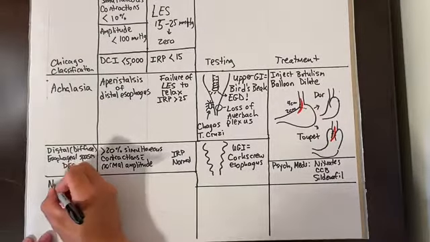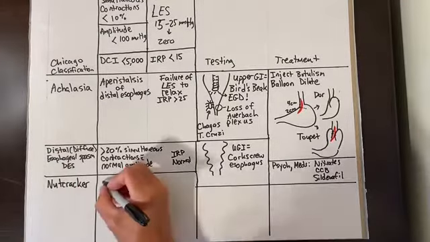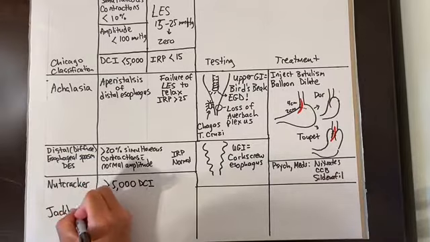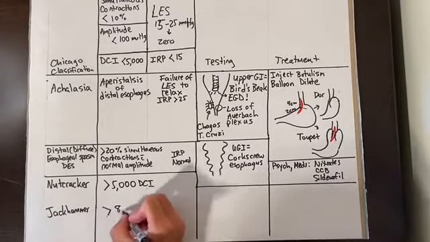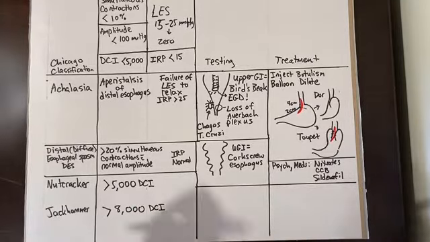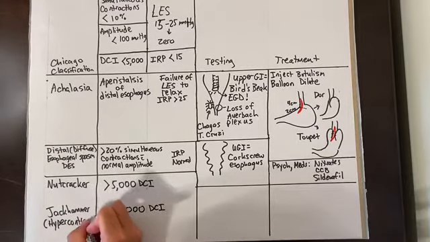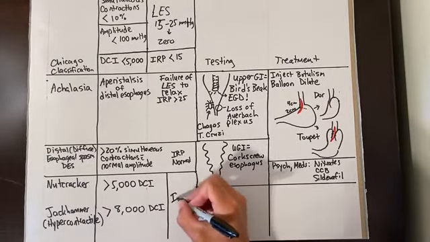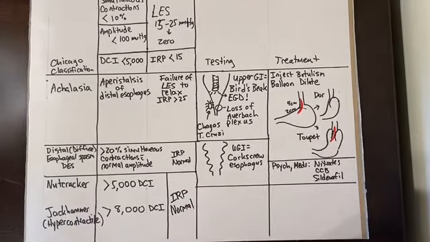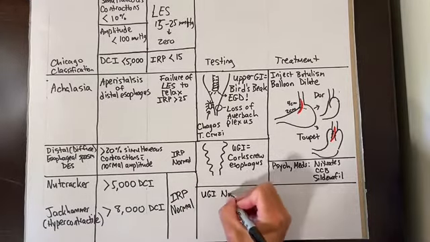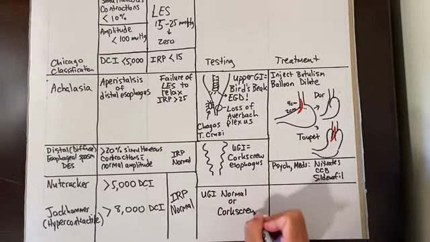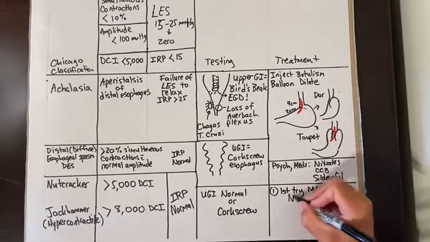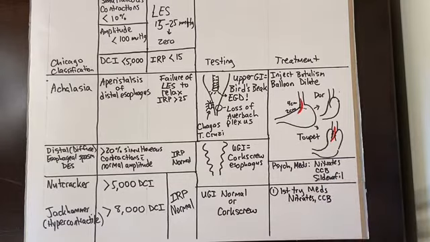Viagra. Another set of motility disorders to know about is nutcracker and jackhammer esophagus. These are both marked by high amplitude contractions, thus very high DCI numbers. The DCI for nutcracker esophagus is over 5,000, but if it is over 8,000, then it is called jackhammer esophagus, with another official term of hypercontractile esophagus. The IRP of the lower esophageal sphincter is normal, and the esophagram probably will be normal, but it could show